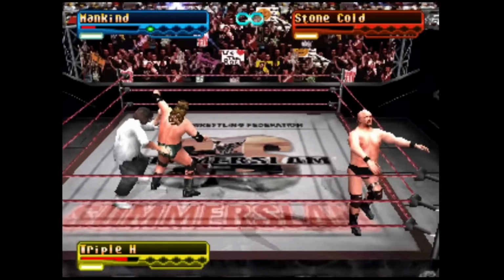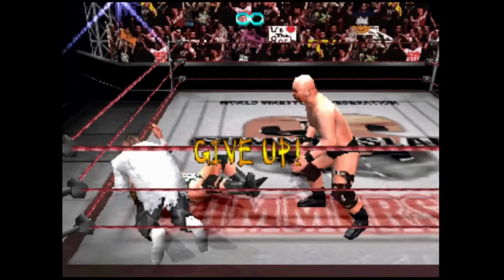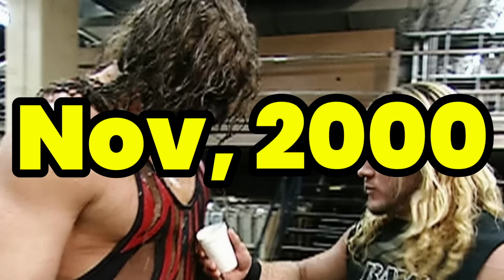But after Stone Cold goes down, I take Triple H, pick him up, and lock on the Mandible Claw, and win. Easy peasy. The next WWE game we got here is SmackDown 2, which was released in November of 2000,